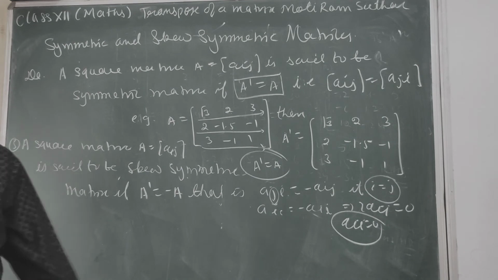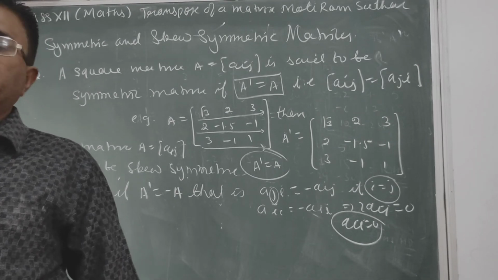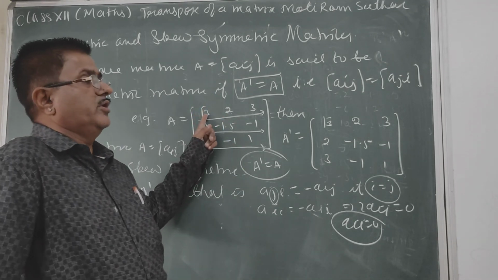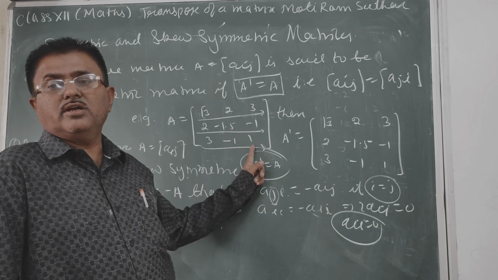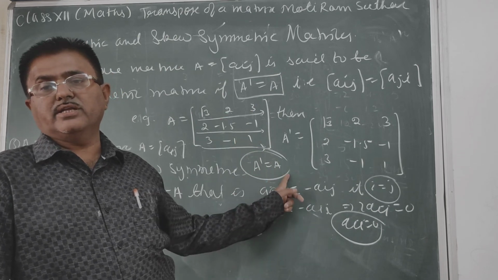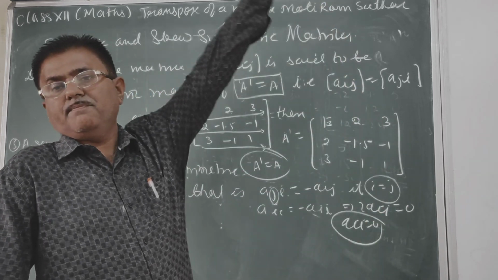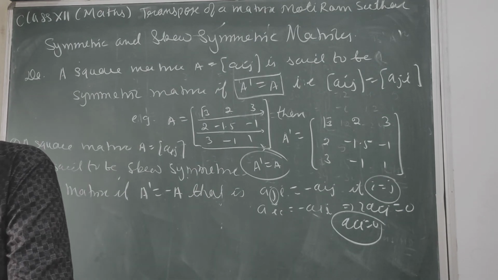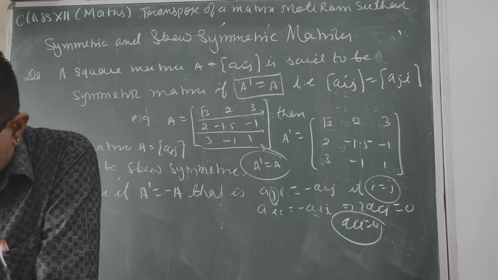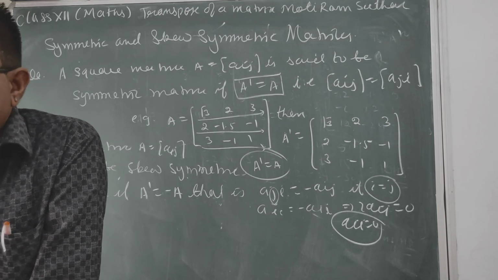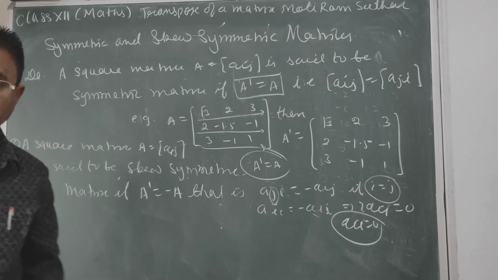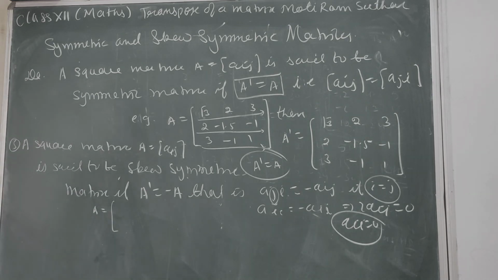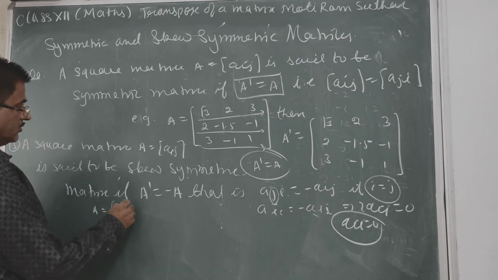It means the elements at the diagonal, where i and j are equal. Diagonal elements like A11, A22, A33, A44, these are called diagonal elements. So the value of the diagonal elements will be 0. This means that all the diagonal elements of a skew symmetric matrix are 0. So you may give an example of this matrix: इसका example लिखिए, 0 E F,